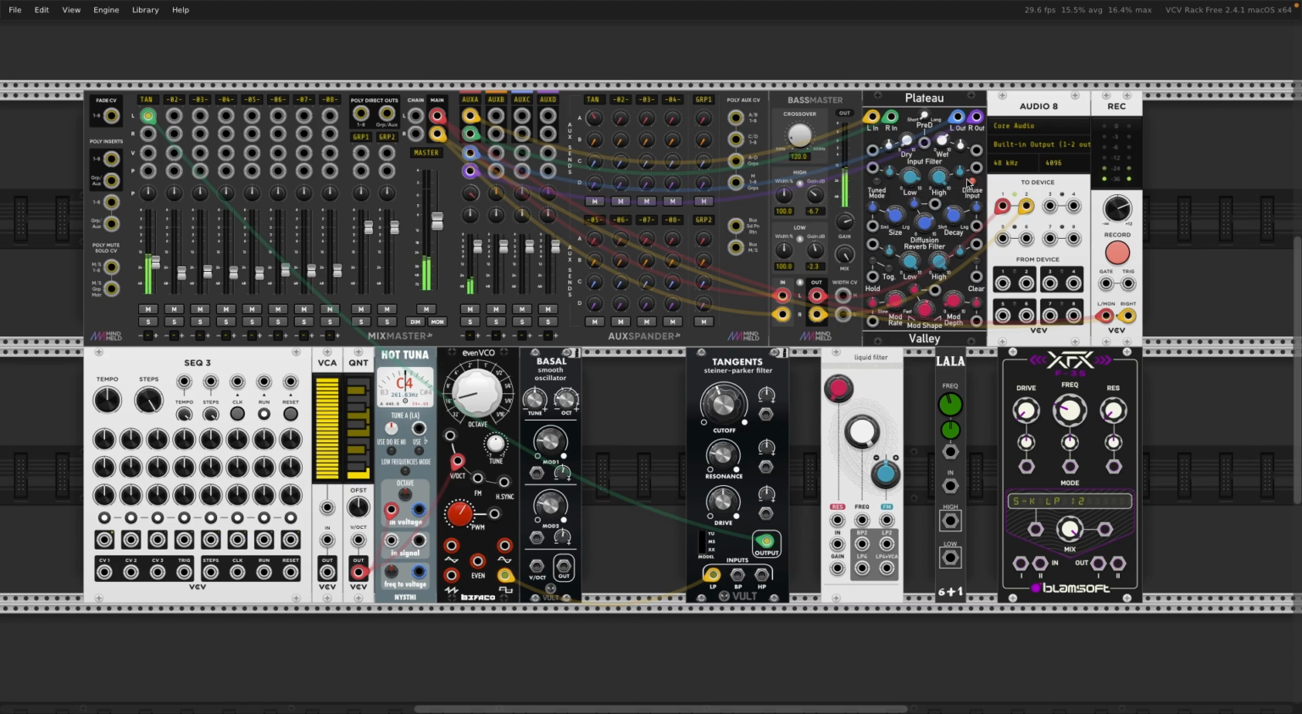Oh, it's a very metallic sound. What if I don't diffuse the input? Well, we can play around with Plateau